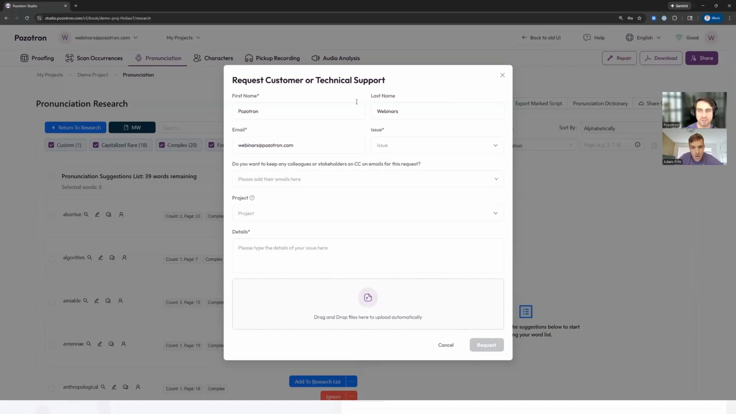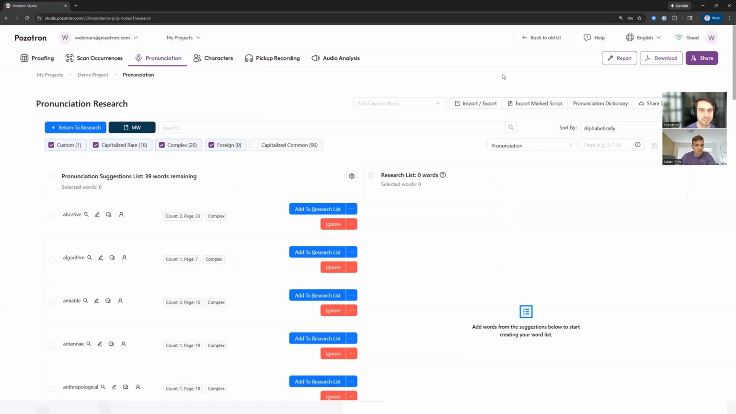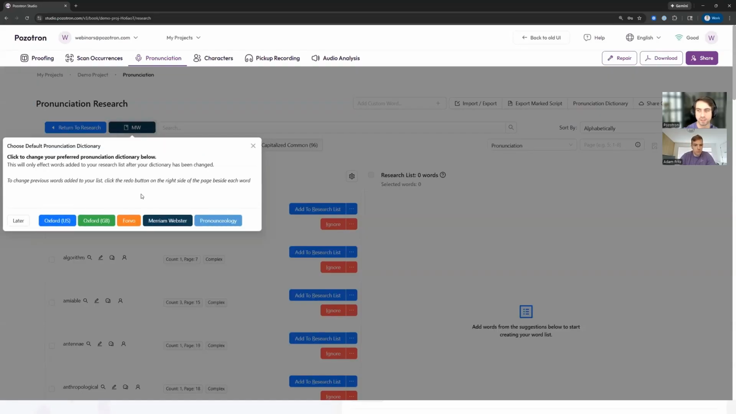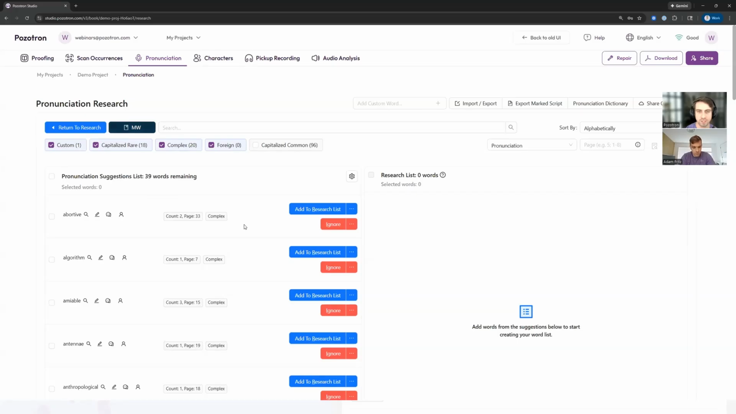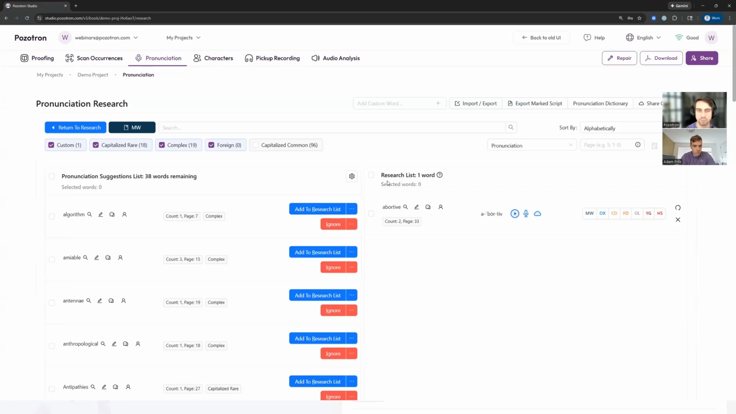Yep, great. So use this help button here. This will make it really easy for us to inspect any issue you're running into. So just make sure you use that help button. But to continue, once you have the suggestions list set up the way you'd like with the sensitivity, what's really helpful is we are actually integrated with these online dictionaries here. So this is the first place Pozotron's going to check when you want to research a word. I have Merriam-Webster selected. What that means is if I click Add to Research here, we'll see it'll jump over from my suggestions list to the research list,